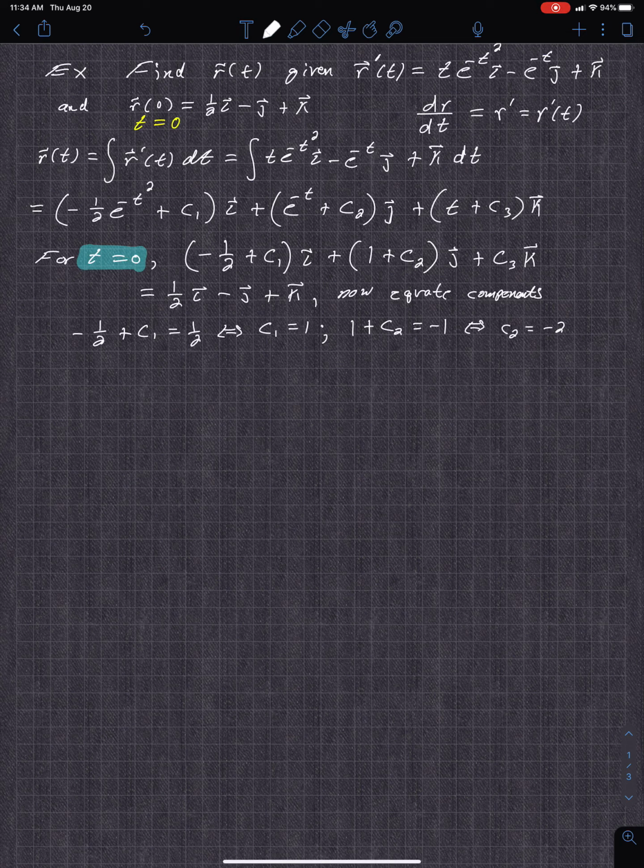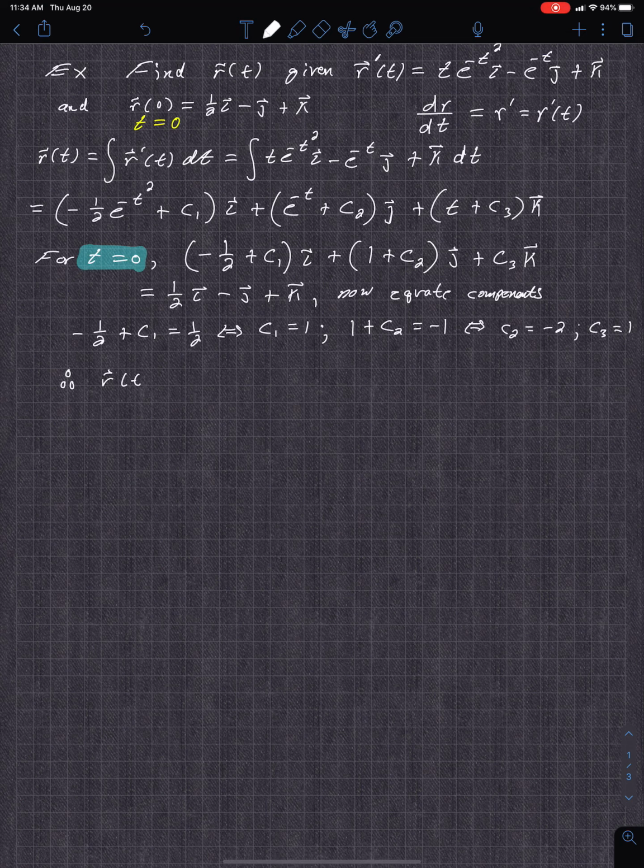So C3 is just the coefficient of k, so it must be 1. So C3 is equal to 1. All right, so that's everything, and then you would just substitute back. So therefore,